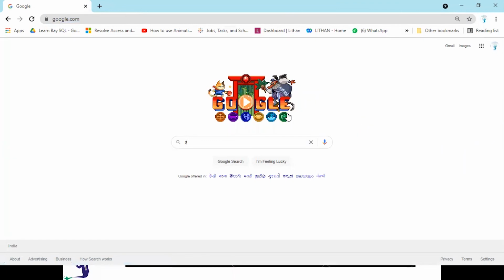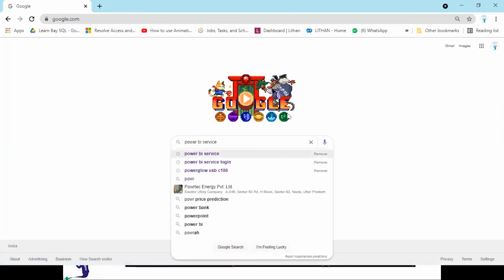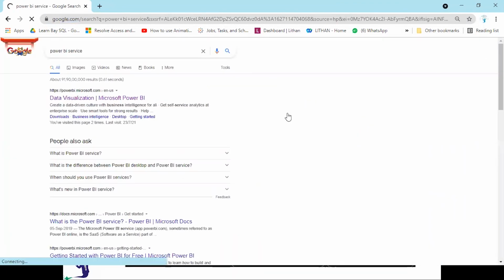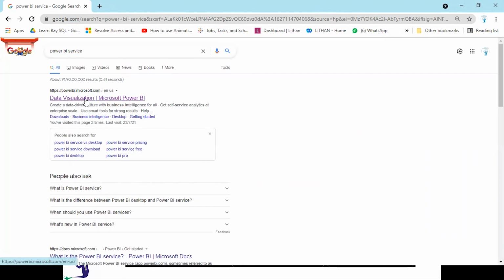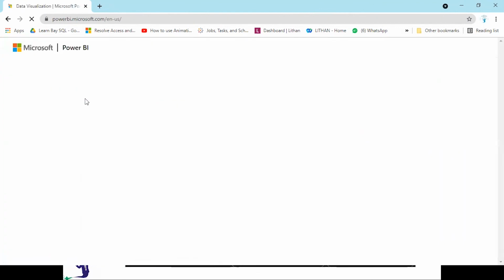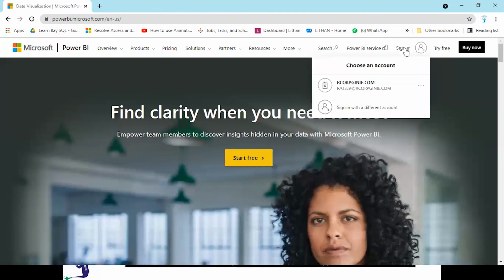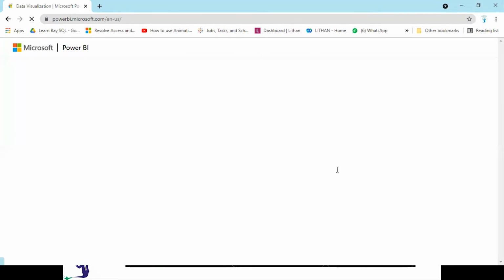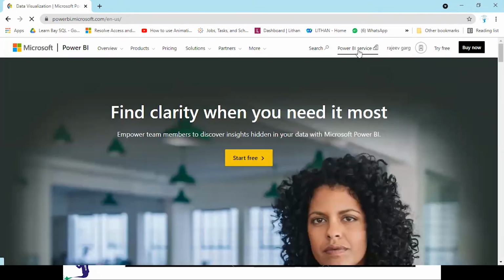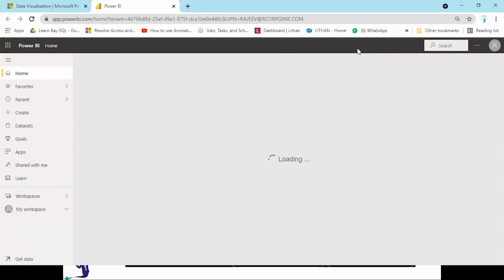You just type in Power BI service, click on the first option, and here it will say sign in. Click on sign in, provide your login credentials, and you are in the Power BI service account.